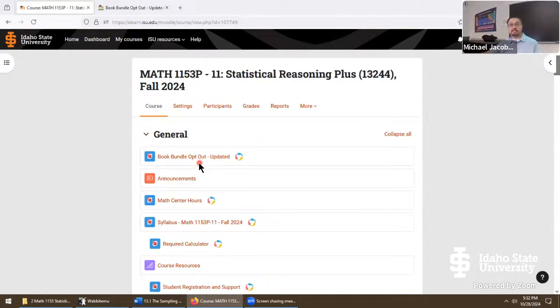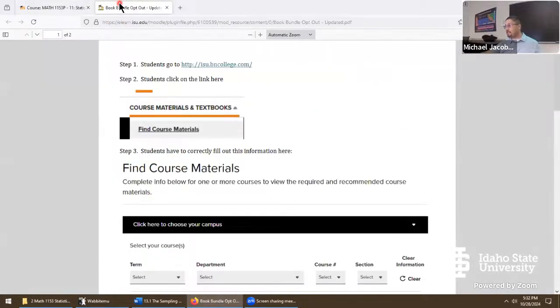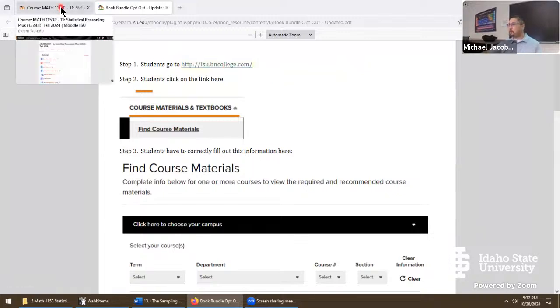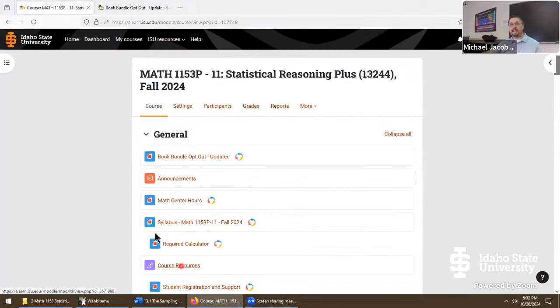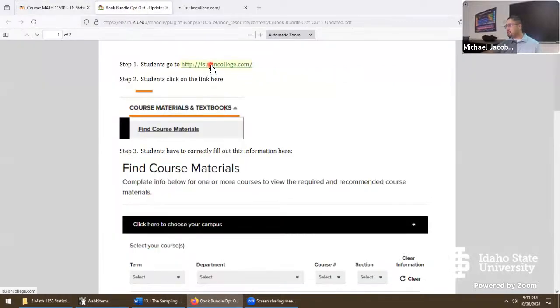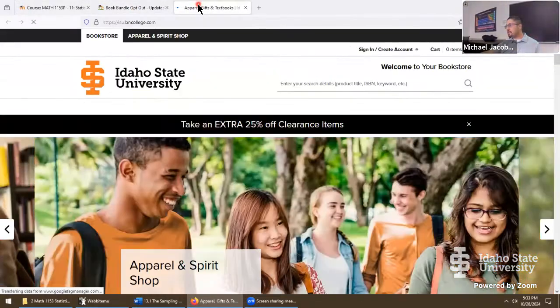If you opted out of the book bundle, first take a look at this link. Is it working? That would mean it's working. Awesome. So eventually, once things get going, that will go back to working again. That's good to hear. So first thing you might want to do is click on this guide. What the guide is telling you to do is immediately go to bardsandnobles.com. That's what the link is supposed to have done when it said buy now, but I believe it just takes you to this kind of page.